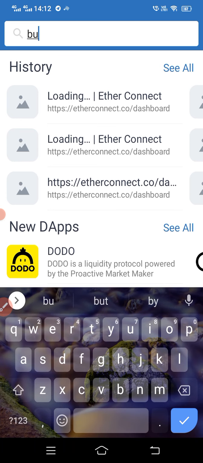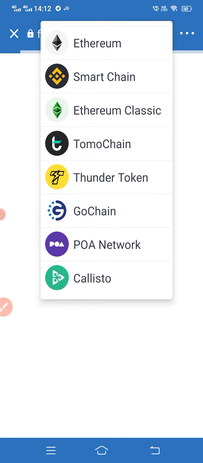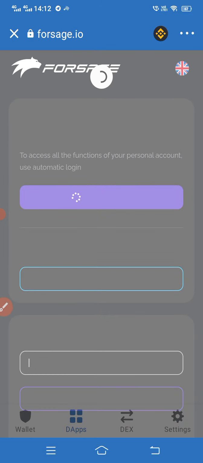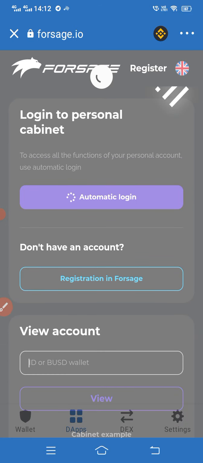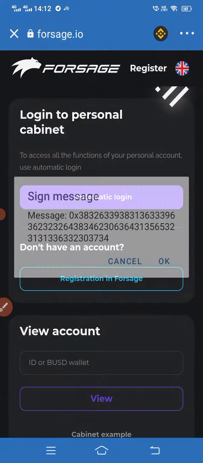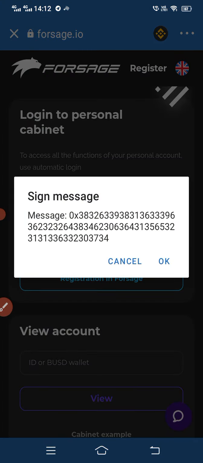So busd.forsage.io. This is our Forsage program on Binance Smart Chain. So I'll click it here. You can see my ID will come. Automatic login. I'll connect my wallet. This is called blockchain.